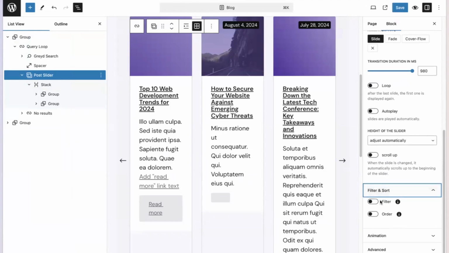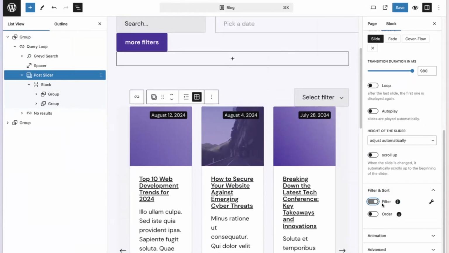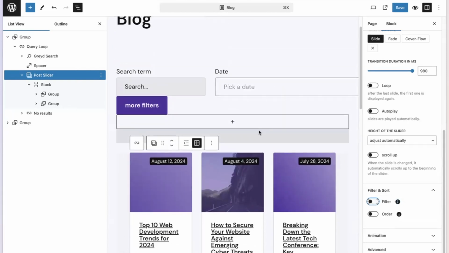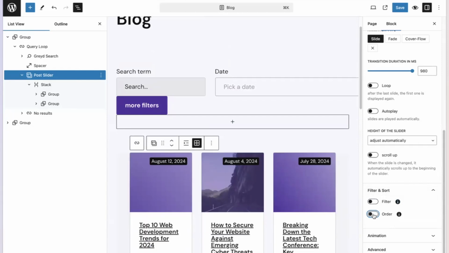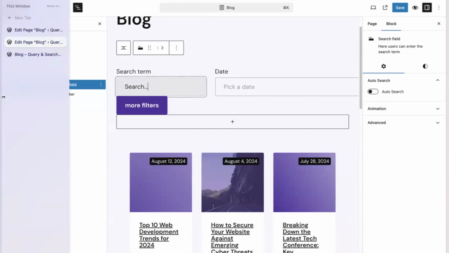You have the filter and sort capabilities as well, but these are now pretty much deprecated, because you can build everything that you could build with the filter functionality now by including the search inside the same query block, and you have more flexibility with the same options, including the order capability as well. Those are both deprecated, but still supported, so you can still use them and they will still be recognized, but you now have a lot more flexibility with the search block, and you can filter live wherever you like.